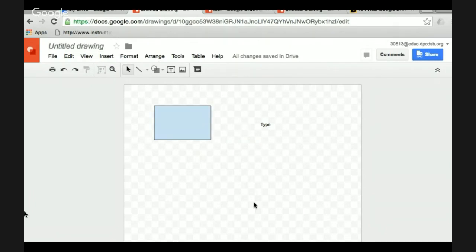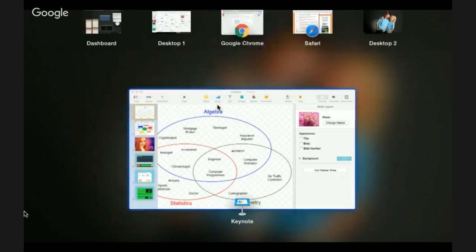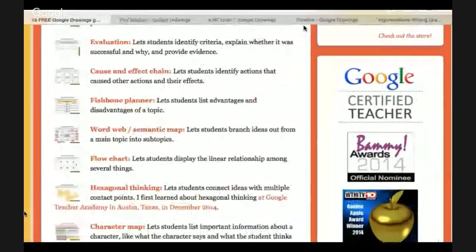So in the Google Drawings, because this is a free space, it does open it up to being able to document the student learning in many ways. Some of those ways include using graphic organizers. So I just want to show you